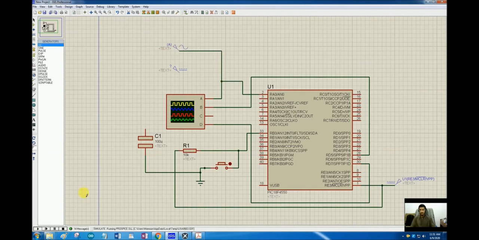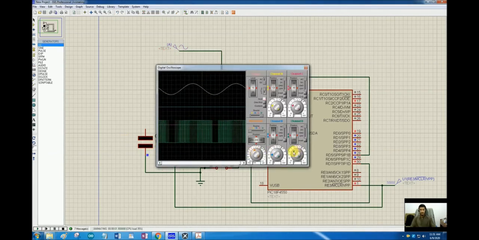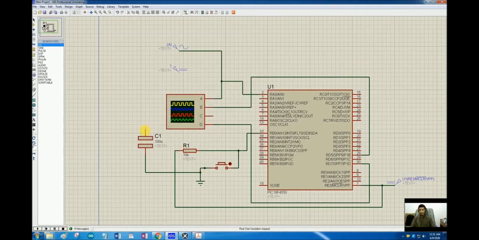So let's simulate it, and we can see here that we are getting an SPWM, a sine pulse width modulation at the output. So if I zoom in here, you can see that the duty cycle of this SPWM is minimum when the amplitude of the sine wave was minimum. Then it kept increasing and it reached almost 100% when the amplitude of the sine wave was maximum, and again it kept decreasing, and this is our SPWM waveform. So let's try to filter it using the same capacitor and let's see what is the result.